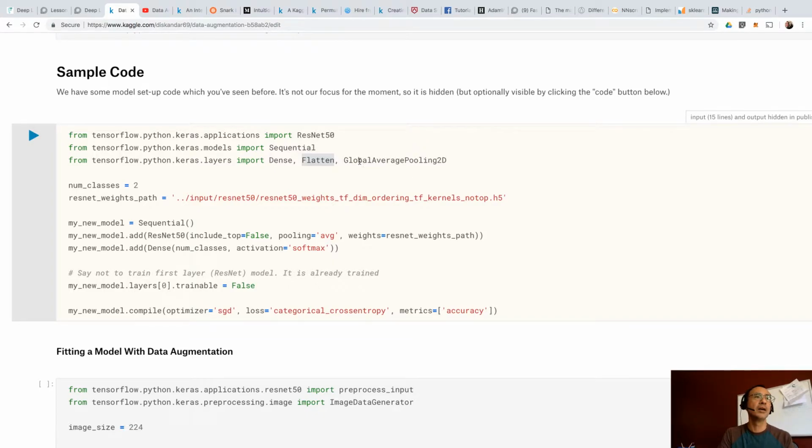I don't know. Global average pooling. I think this has to do with max pooling. So after the image is already computed on the neuron, you apply the WX plus B, then you do a non-linear activation, let's say ReLU or tanh, and then you feed it forward to the next layer. I think the max pooling, I might be wrong, is where at the end, and probably also in the last layer, you would get